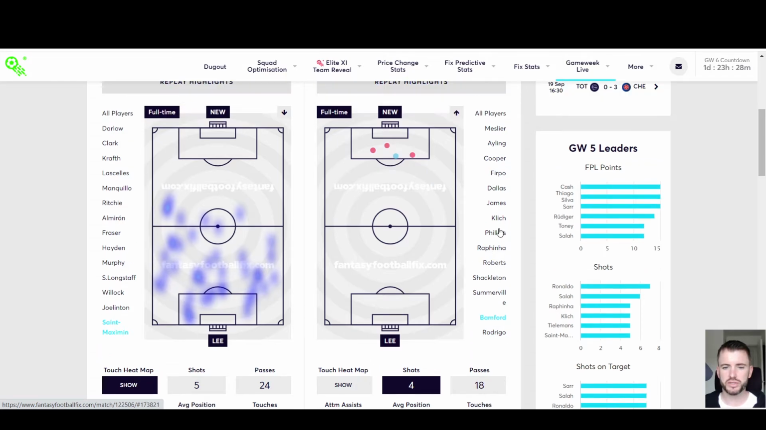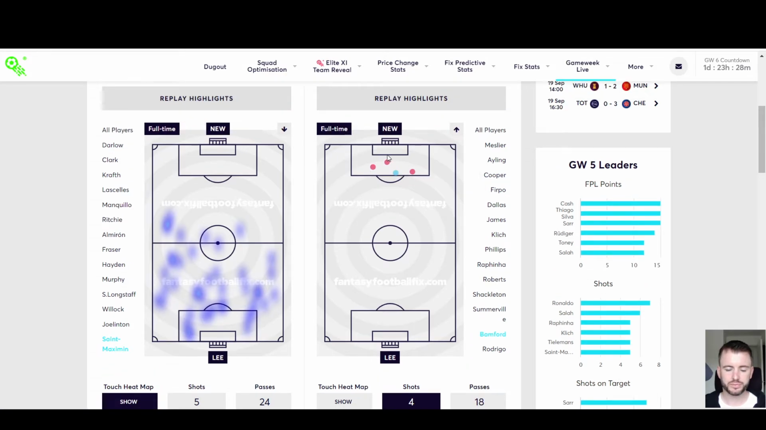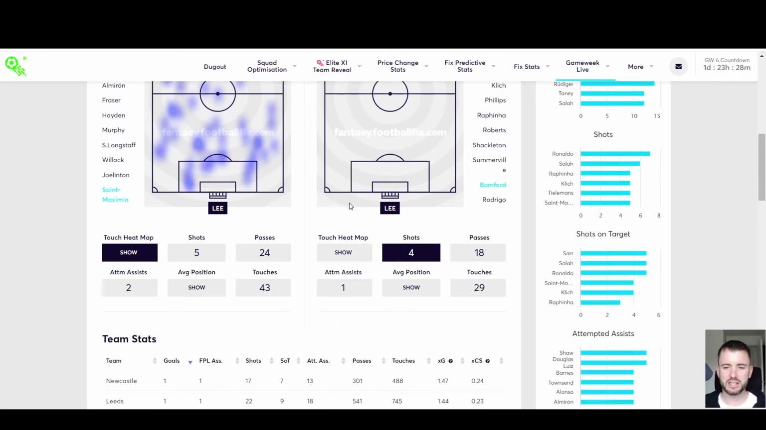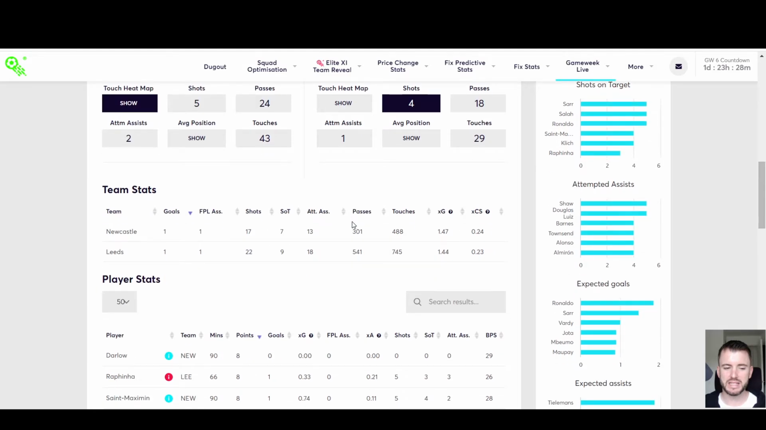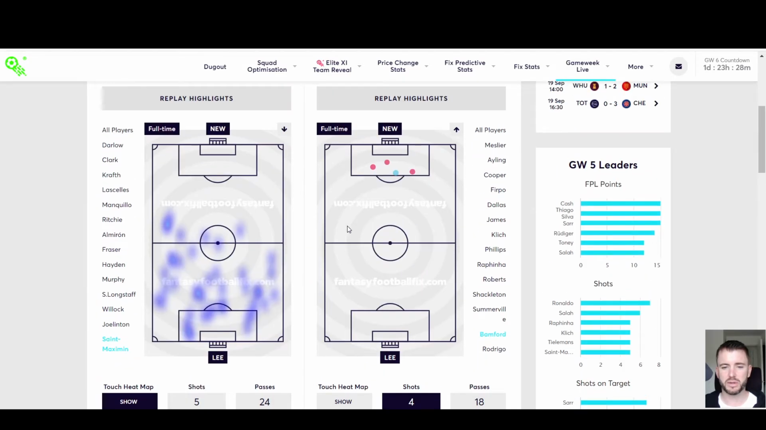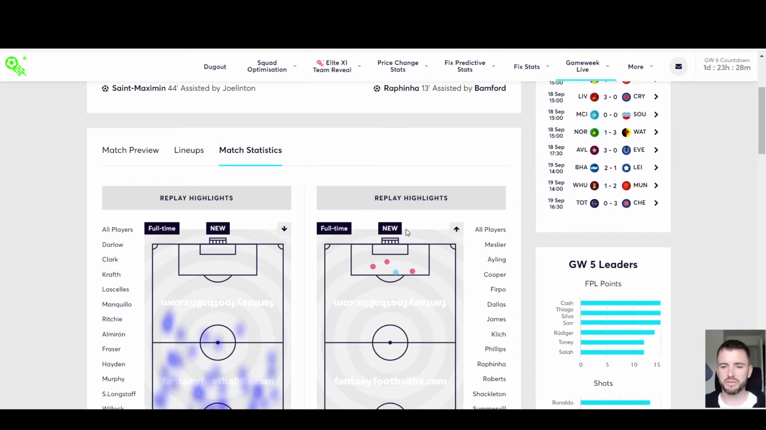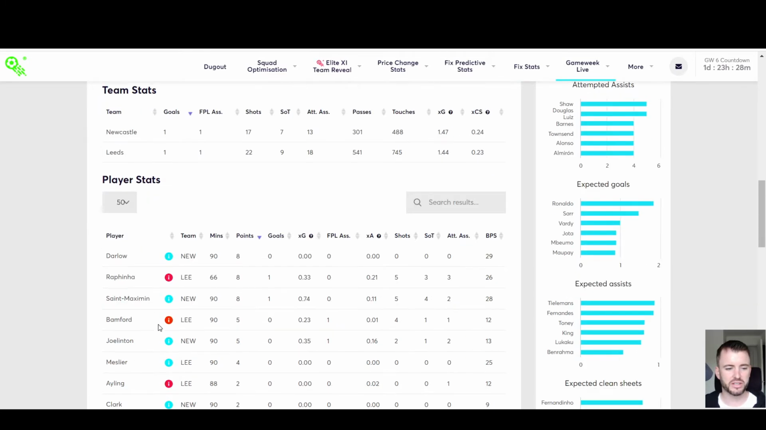Bamford had 4 shots as well. Didn't really come across that way on the highlights of this game, but I think there's just about enough there to still be encouraged from a Bamford perspective. I mean, obviously you would have been targeted following Antonio's suspension and Dominic Calvert-Lewin being ruled out. So people may be slightly concerned, but I think if we look at Leeds' upcoming fixtures,